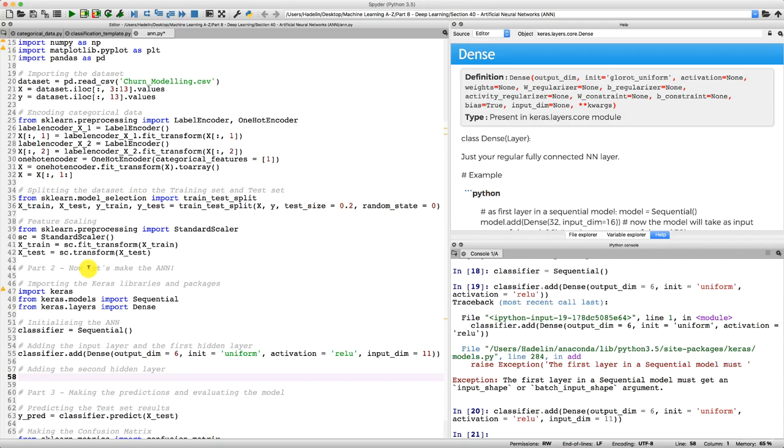So in the previous tutorial we created our first layers of our neural network. This is the input layer and the first hidden layer. And now in this tutorial we're going to add the second hidden layer. Alright, so this is going to be a very quick tutorial because what we'll basically do is just copy this line. Alright, copy and paste it here